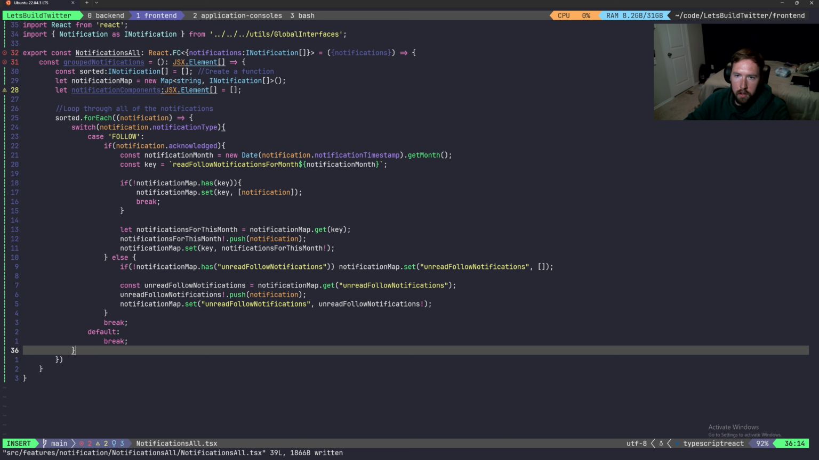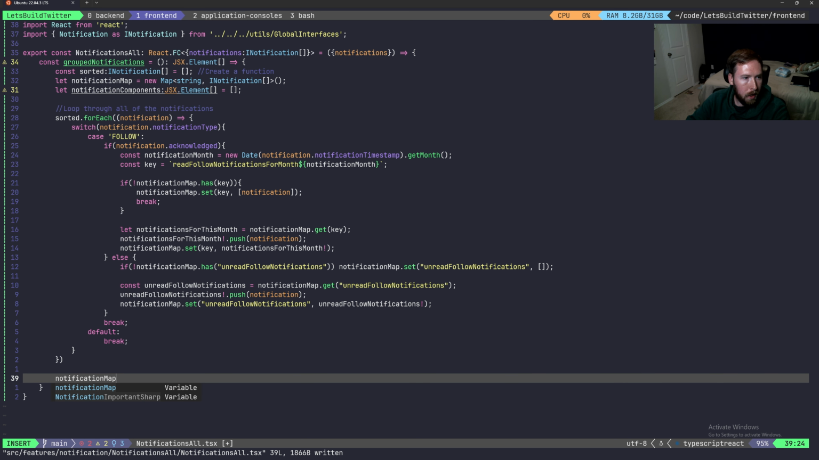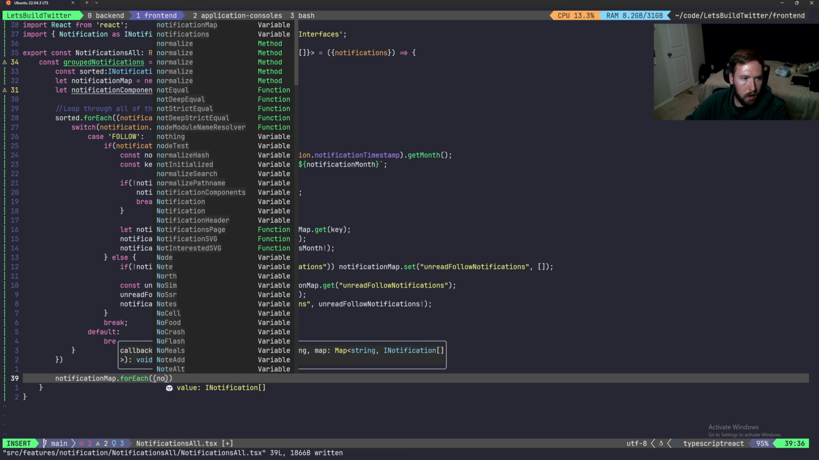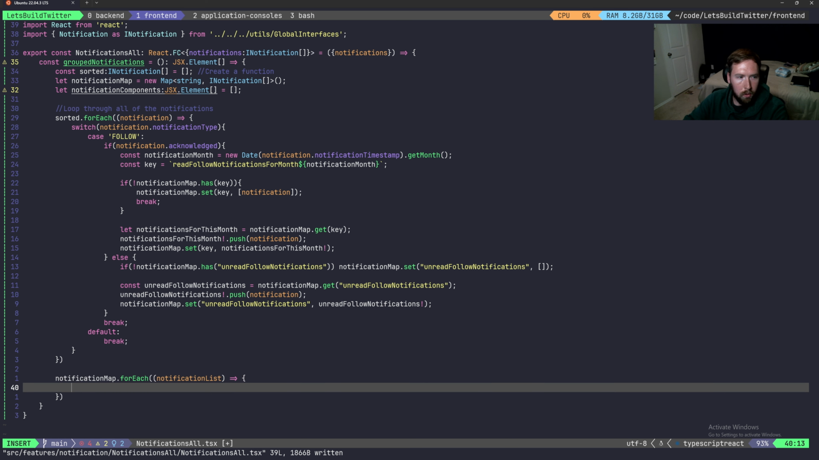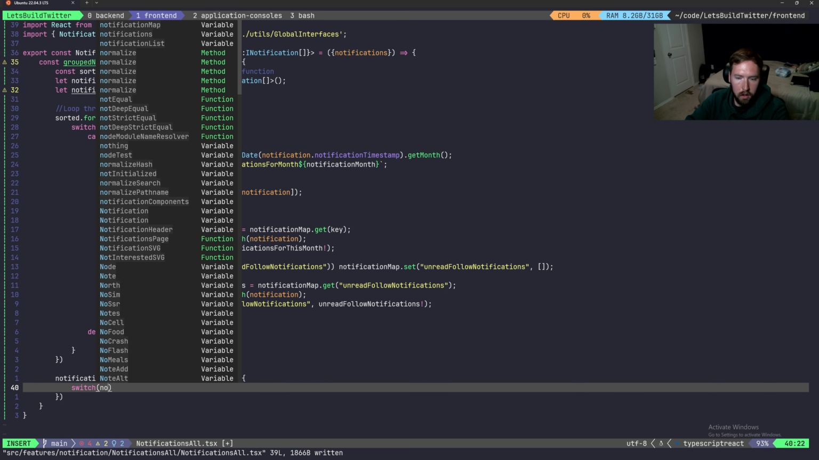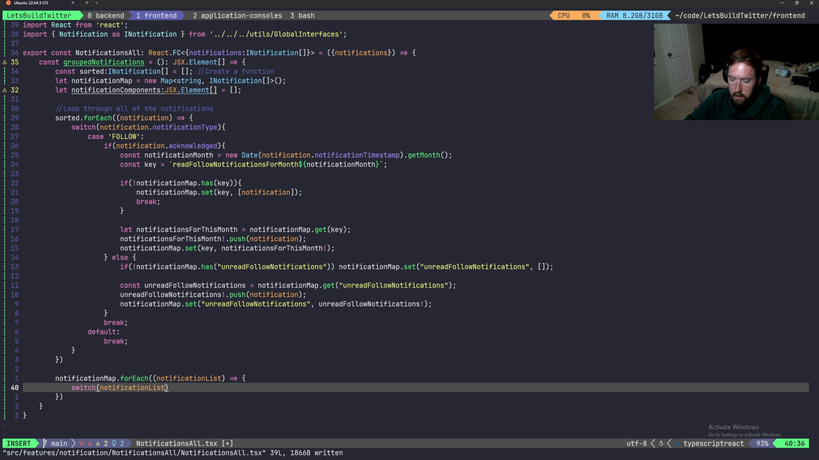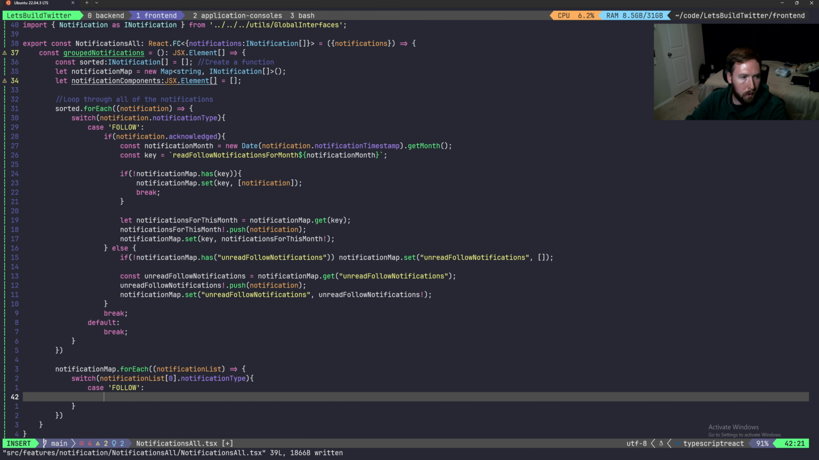So after this switch, we're gonna say notification map dot for each. Again, for each notification list inside this map, what we're going to go ahead and do is we're going to have a switch once again. We're going to switch on the notification list 0 dot notification type. Again, we're only going to do the follow case. So if it's a follow, what we're going to do is we're going to say